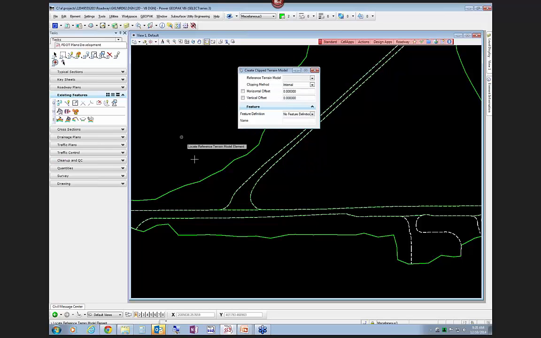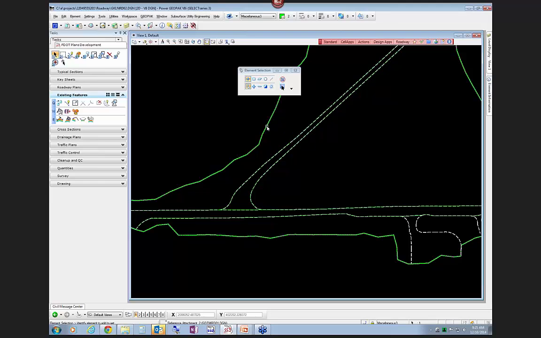terrains. Essentially what you're going to do is clip the existing surface with this shape such that you only have the triangles of the existing surface within the boundary of the shape. And because these lines correspond with points on the terrain, you're going to get clean triangle breaks across these lines. So when it asks for the reference surface, you can either select on this terrain model or you can pick it from the list. And in order for that to be